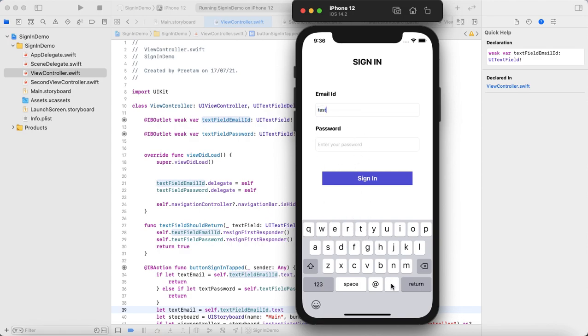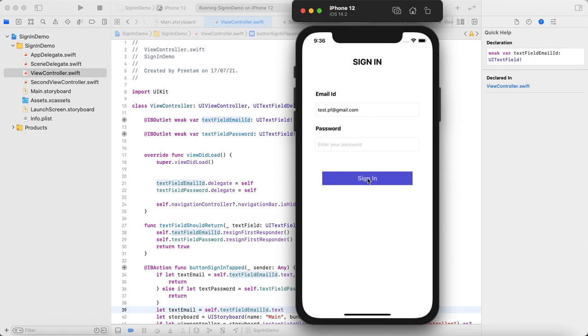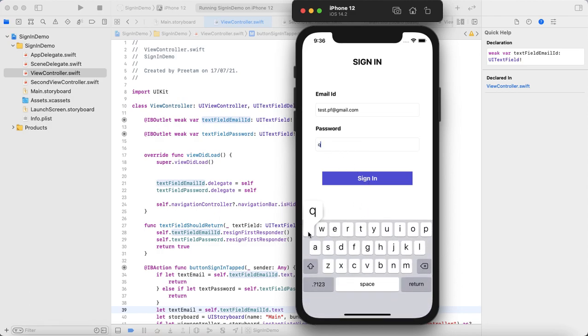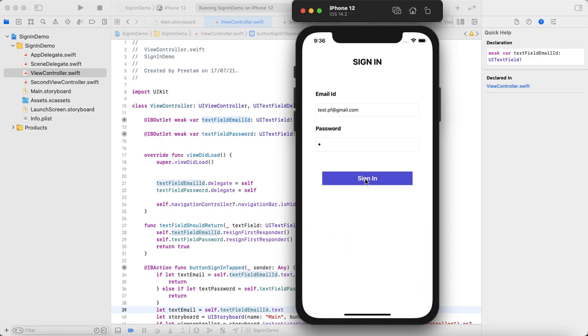I'm going to give a name. Because till now we haven't validated our email field or password field, we can give any kind of data we want. We can write anything we want. Now I have given some data to my email field, but still I haven't given any data to my password field. And if in this position I press this sign in button, still it won't work. I'm going to give at least one character in here. And now if I press this button,